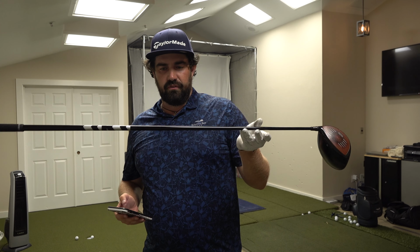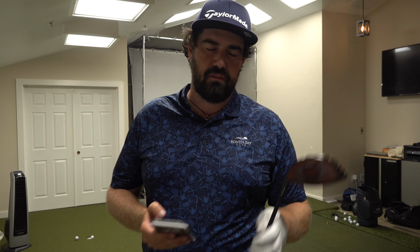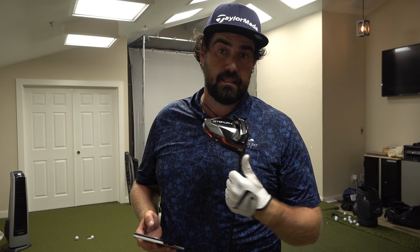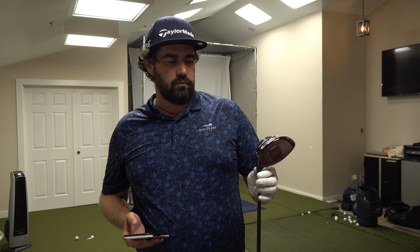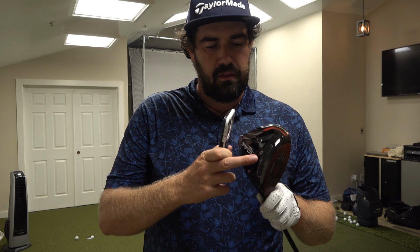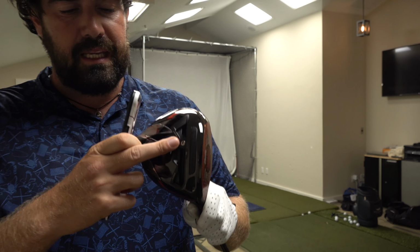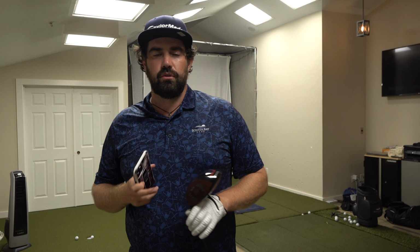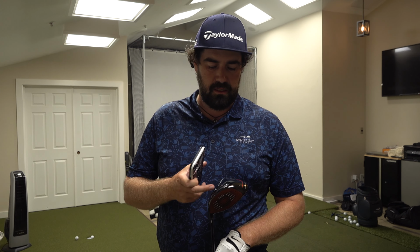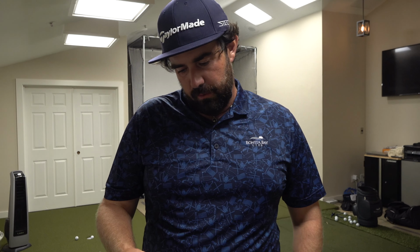First things first, I love the feel. The shaft and head combination feel great. The 8, I'm pleased I got the 8 because I can lift up the loft if I need to. But what I'm happy about is I don't feel like I need to lower it. Plus, the adjustable weight here, the Sim 2 doesn't have that option, so that's why I'm really happy this sliding bar is back. So you see I can kind of optimize that for my strike. Like that one there,